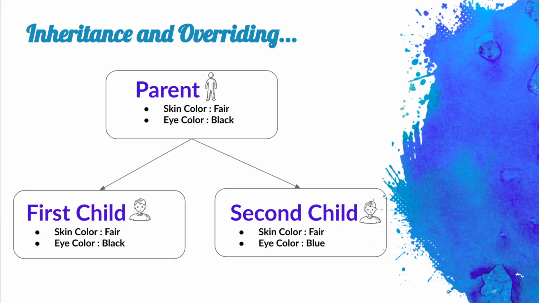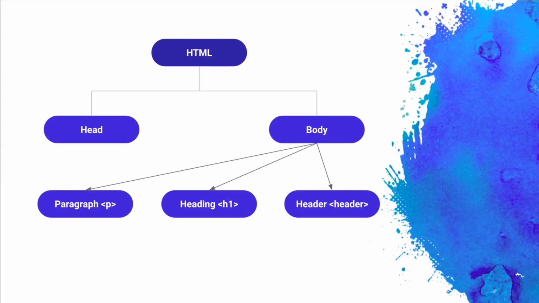So let's take a look at the HTML hierarchy. As you can see here, the HTML element is the parent of all elements, and inside the HTML element we have two elements, the head element and the body element, and inside the body element we specify all the elements which appear on the web page. What inheritance means is that whatever CSS property you apply to the body element will be automatically inherited by all these elements. Suppose you apply color equal to red to the body element, then that color red will be inherited by all these elements, that is the paragraph element and the heading element. And suppose you do not want to inherit the same color property of the body element, then you can override that property with the help of overriding, and this concept is called inheritance and override.